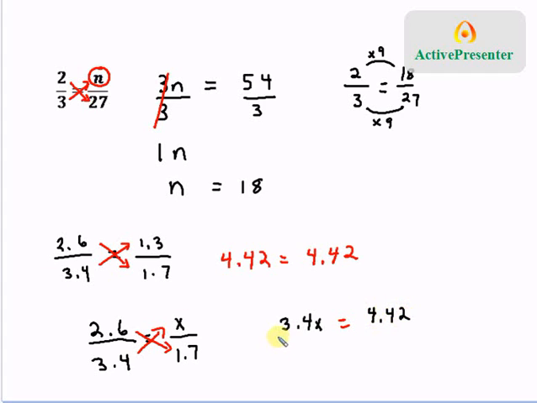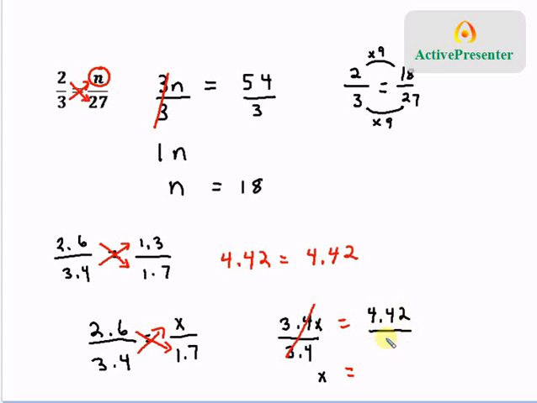So 4.42. Now we'll make sure that we do the same thing we did before. We'll solve by dividing on the left-hand side. We want to get x all by itself, so we do inverse operations. 3.4 times x means that we need to divide by 3.4. 3.4 divided by 3.4 leaves us with just plain old x right there. And that's going to leave us equal to